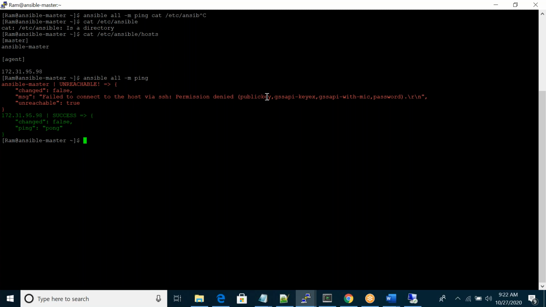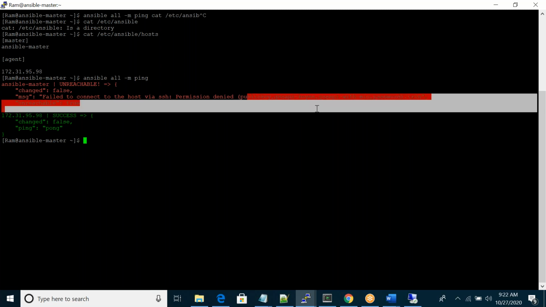Permission denied, some keys. In the last class I exchanged my keys into the agent, my remote agent. But in master, I have keys, but we have to do self authentication.